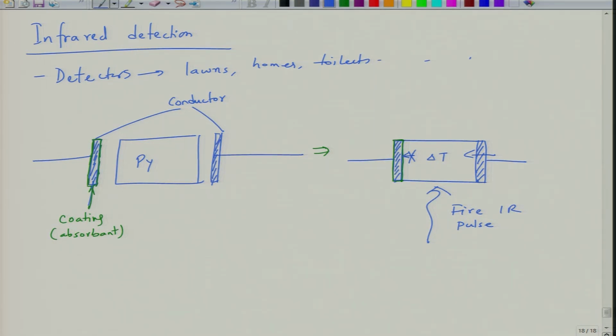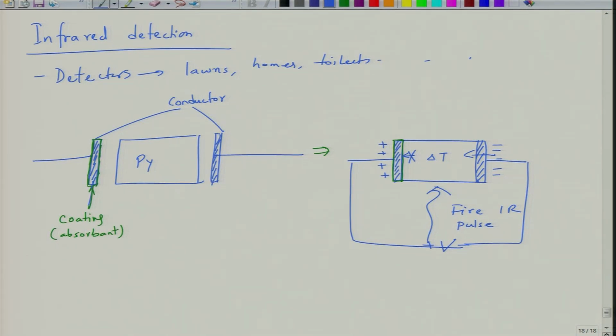This will increase the temperature of the pyroelectric, and you will develop some sort of charges, depending upon the pyroelectric coefficient value of this material, and you will have a voltage that is generated across the circuit, right.